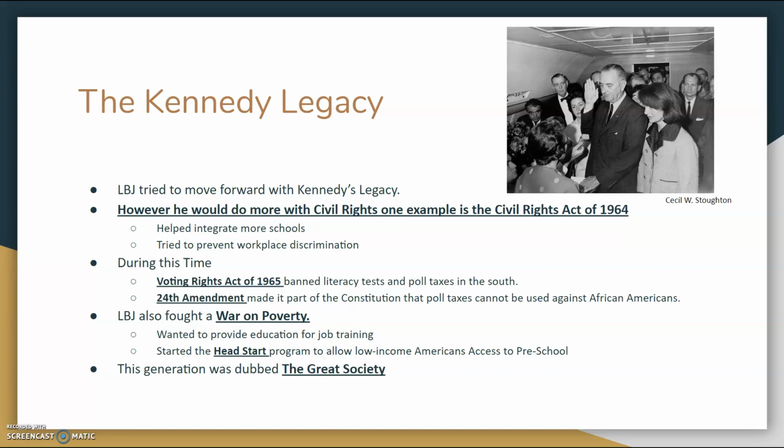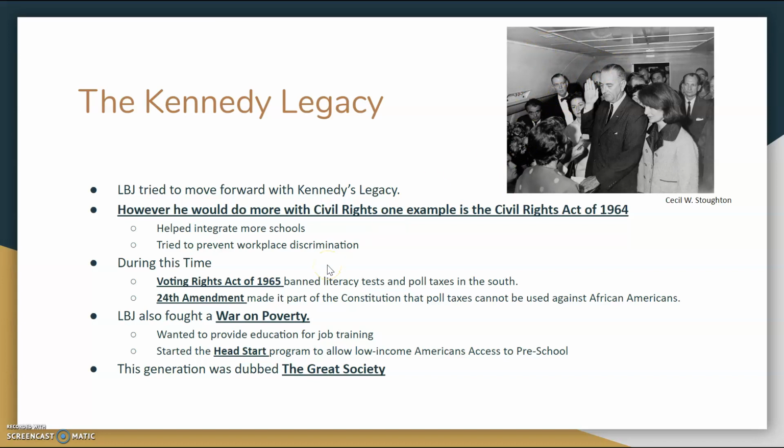Another cool thing to think about that I should have brought up when I first went to the slides, if you look at this picture up here, this is actually LBJ getting sworn in on what would become Air Force One because he is the president. You can see him taking the oath of office. One of the more amazing pictures of that time period. We see the shock on a lot of people's faces, especially the guy who the cursor's on right now.